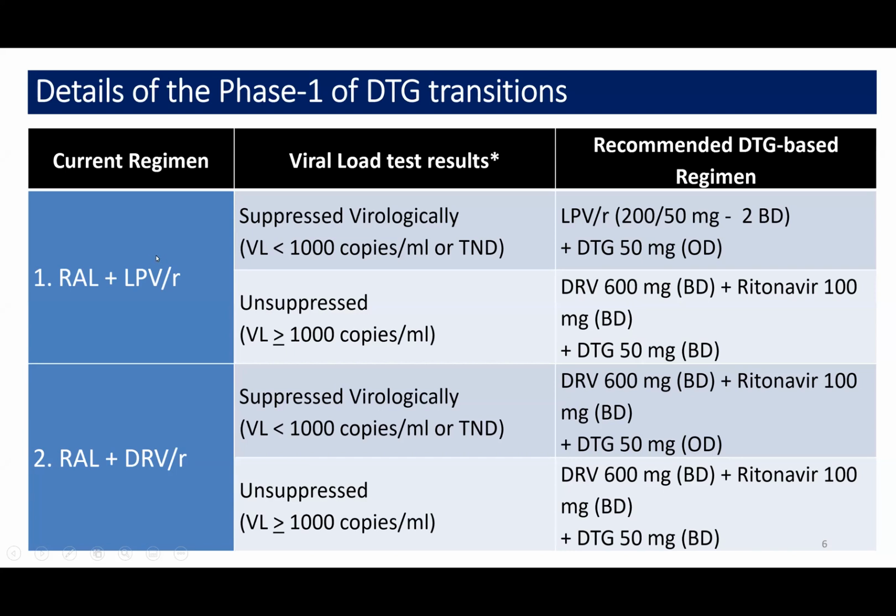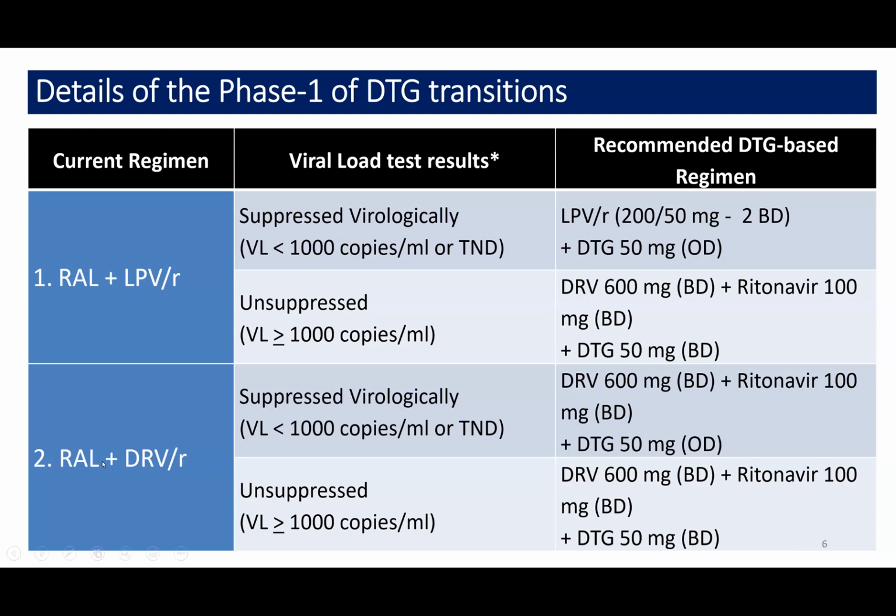As this patient has failed on lopinavir ritonavir, the next recommended DTG based regimen will have darunavir, which is obviously a third line combination. And as an integrase inhibitor was already used before, in the next line of treatment we will be using DTG, but in BD dose. A similar principle applies to the upcoming regimens also, which you should remember: if DTG is used in the previous line of treatment in OD dose, and you want to further use the same dolutegravir drug in the next line of treatment, it will be in BD dose, double dose.